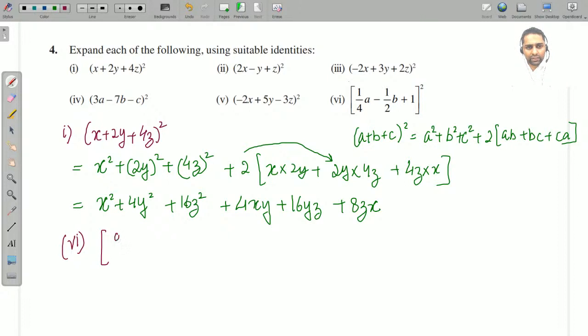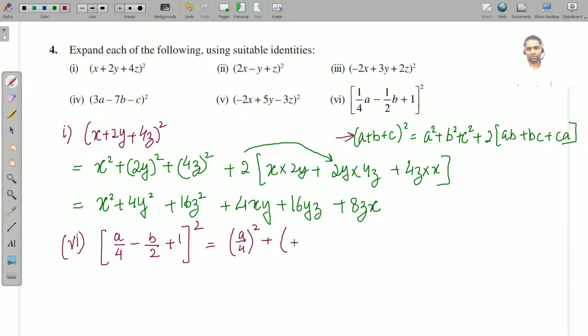1 upon 4a can be written as a upon 4, and minus 1 upon 2b, that is half of b, can be written as b upon 2, plus 1 whole square. Again, you need to identify, the formula is same, again we are going to apply this formula only. You need to identify what is a, b and c in this case. So your a is basically a upon 4 whole square and b is